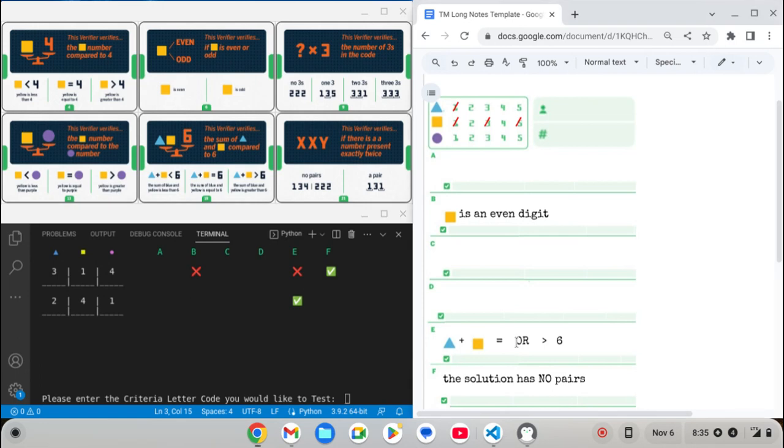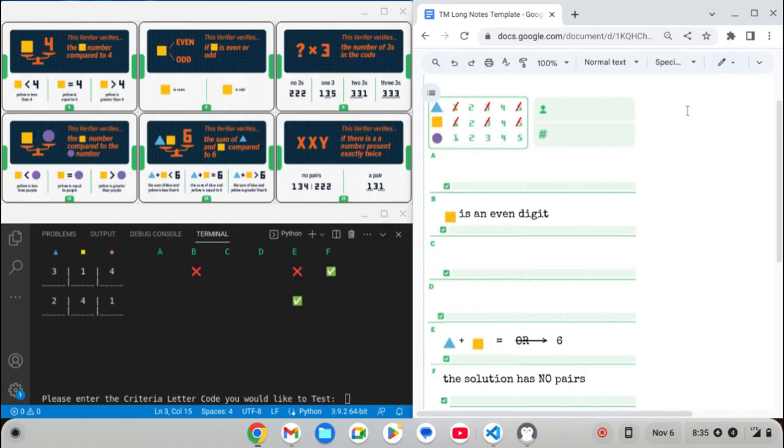So let's go ahead and cross out the OR. And that would mean that the only way you can get that sum of 6 is if you had a 2 and a 4. So let's go ahead and cross out the 3 and 5